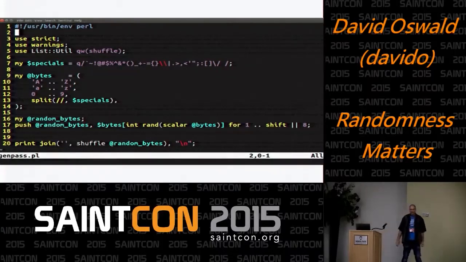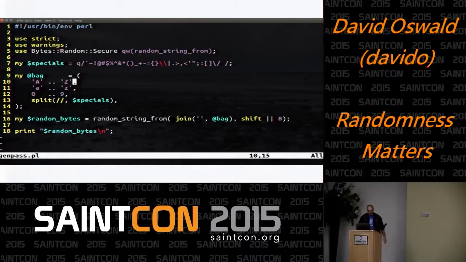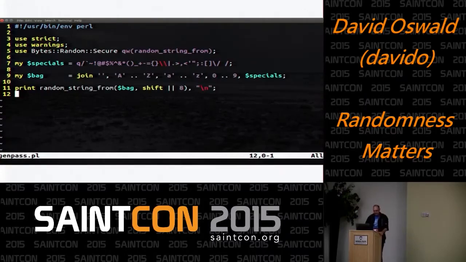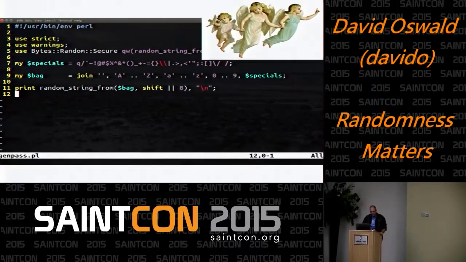We should be looking for good libraries that use cryptographically secure random number generators to produce their randomness. Here I'm taking you through the shuffle thing. Should we shuffle? No. Now we're going to go on to talking about cryptographically secure random number generators. Here's one in Perl, Bytes::Random::Secure. It uses the ISAAC algorithm, which is generally accepted as a cryptographically secure random number generator. And now we're generating a password from a string of bytes, and we're doing it using a proper CSPRNG. And we can clean that up a bit, make it even smaller. That's Perl.